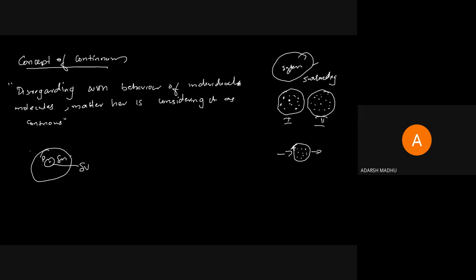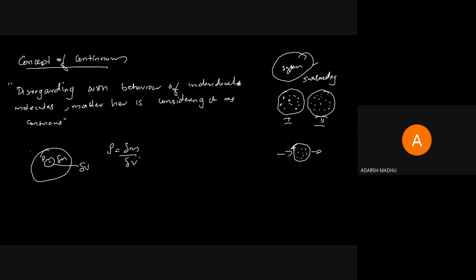So we can say that the density at that point can be defined as rho equals mass by volume, right? Density is mass by volume. We are considering a system with a point P, where the matter of mass delta M occupies a volume of delta V. So the density at point P is defined as delta M by delta V. Is there any confusion? Rho equals delta M by delta V.